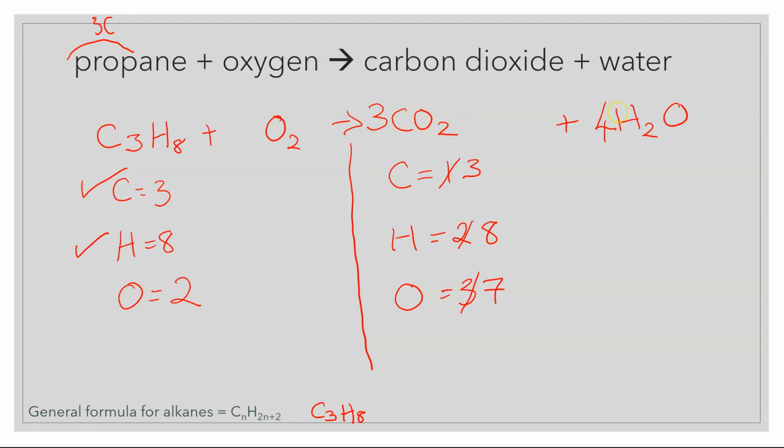And then I have 4 H2O. So that's times this by 4. So I have 4 here, 6 here. So I have now 10 in total. Okay, so I need to make sure this is balanced now, because I've got 2 on my reactant side, 10 on my product side. If I pop a 5 in front of this, now that's going to make that 10, and now that is balanced. Okay guys,